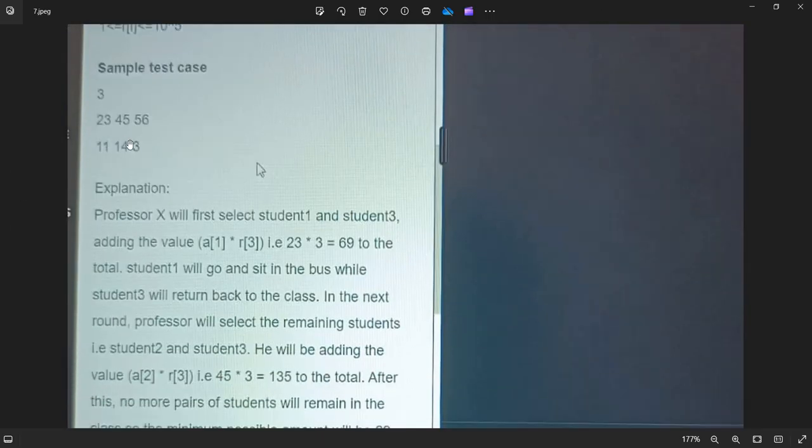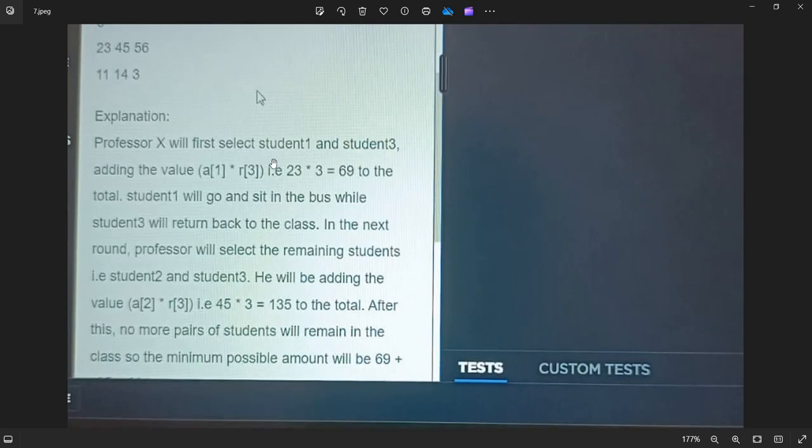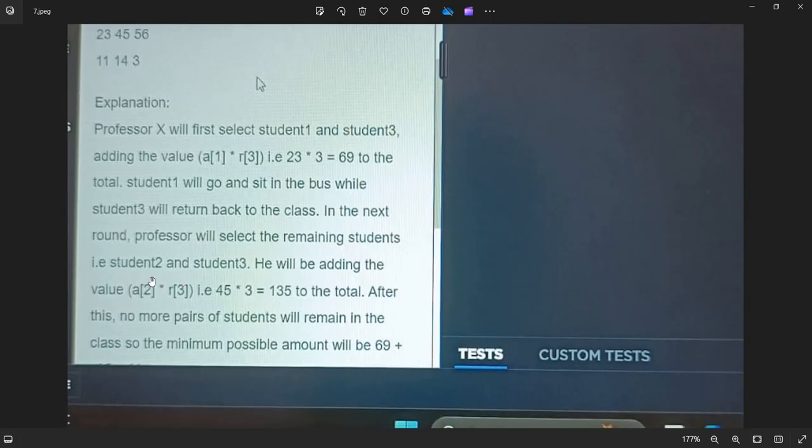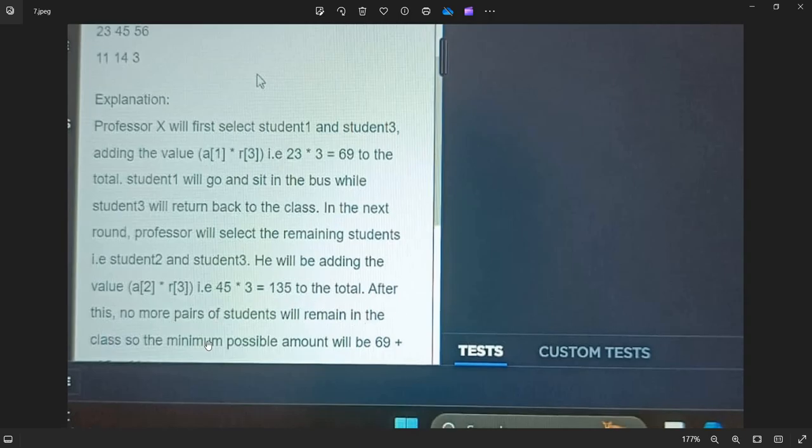3, 23, 45 and 56 are the unique identification numbers, and 11, 14 and 3 are the roll numbers. Explanation: Professor X will select student 1 and student 3. Adding A[1] times R[3], which is 23 into 3, gives 69 to the total. Student 1 goes and sits in the bus while student 3 returns to the class. In the next round, the professor selects the remaining students, student 2 and student 3, and adds A[2] times R[3], which means 45 into 3 is 135, to the total. After this, no more pairs of students remain in the class, so the minimum possible amount is 69